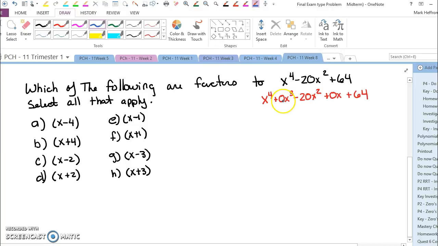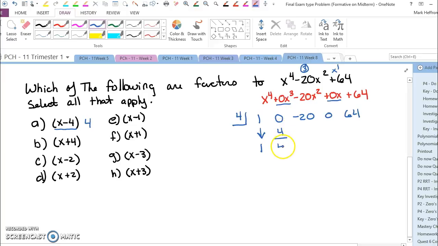So I could also write this down for division, but one thing I have to keep in mind, there's no cubic term, and there's no x to the power of 1 term, so I need to have placeholding zeros for those. Otherwise, I could use synthetic division, 1, 0, negative 20, 0, and 64, and I could just start dividing by the zeros. If x minus 4 is a factor, 4 would be the 0. Bring down the 1,